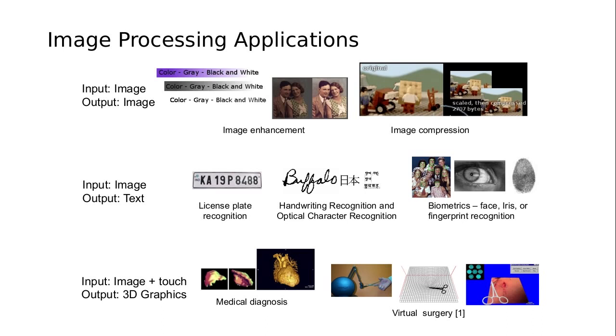So the input was a bunch of CT images or several CT images or MR images plus the view from which the doctor likes to look at the image or the internal organs, and the output is the 3D view or the detailed view of the internal organs of the patient. And this is very, very important in applications such as virtual surgery, very important in applications such as simulated driving or flight simulators, for example.